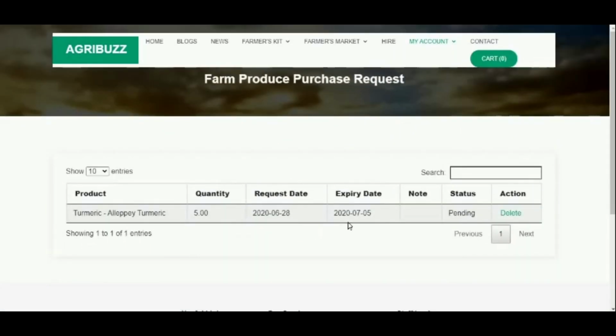From view farm produce purchase request, customer can view all the purchase requests made by them.